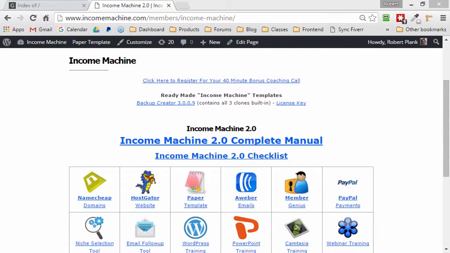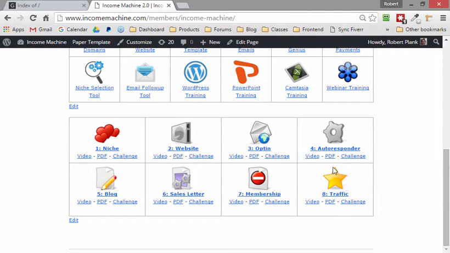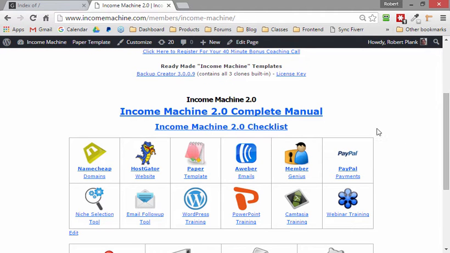Whether you have a product for sale online, or you're just thinking about it, or you have a membership site online, wouldn't you like to have a nice, beautiful, well organized area here, a grid or a dashboard page inside of your WordPress sites? I'm going to show you how to do that today,